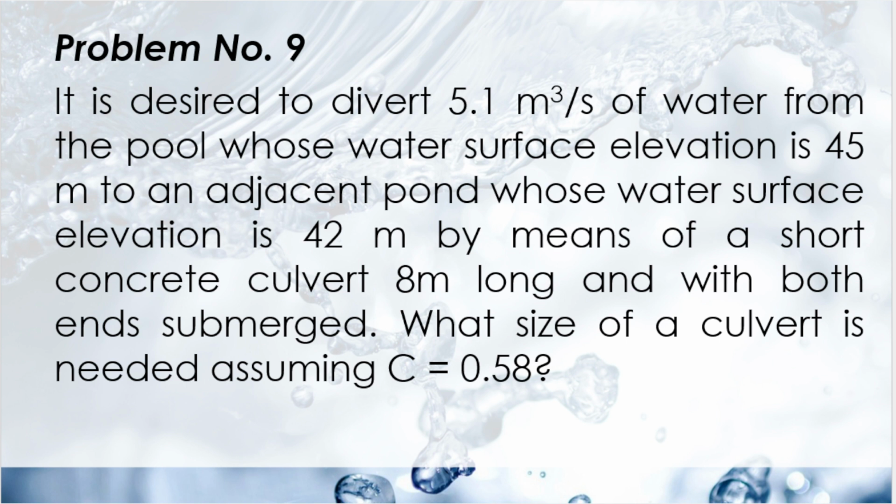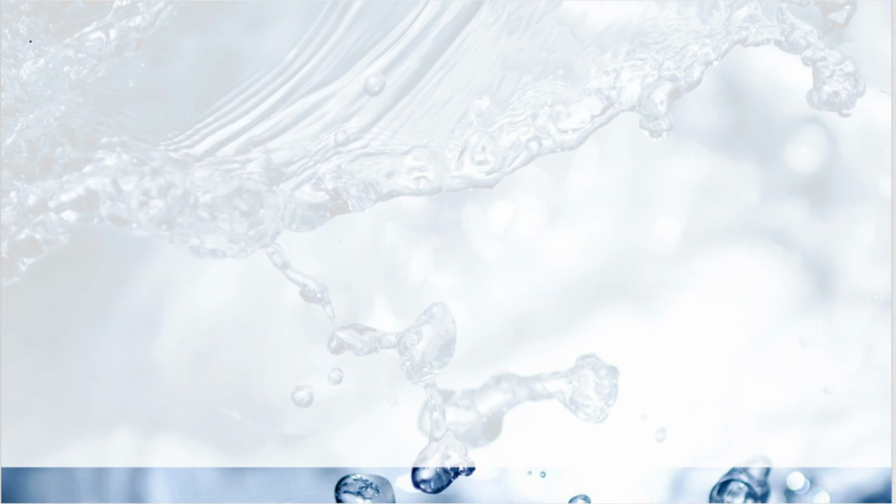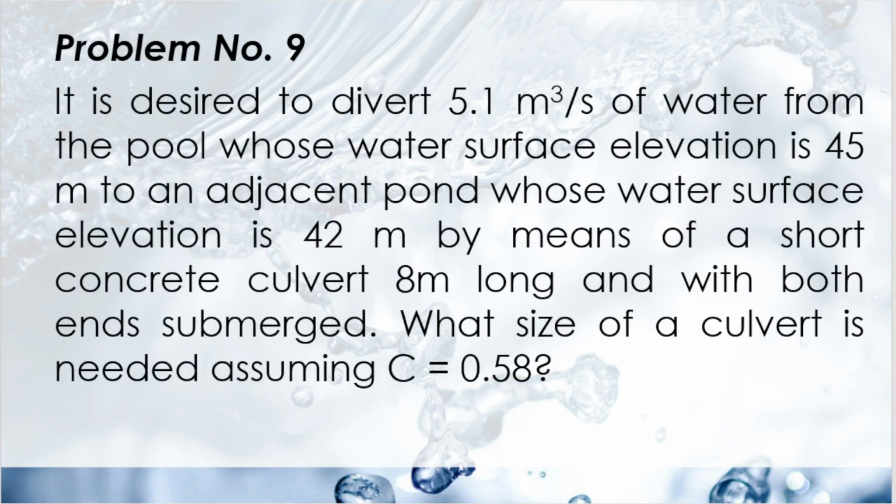We are asked to find the diameter of the culvert. From the equation, let's apply it, but first let's list the givens. We have the diameter as unknown. We have the discharge, actually the actual discharge, from the problem that states 5.1